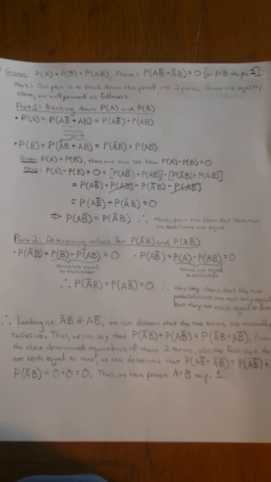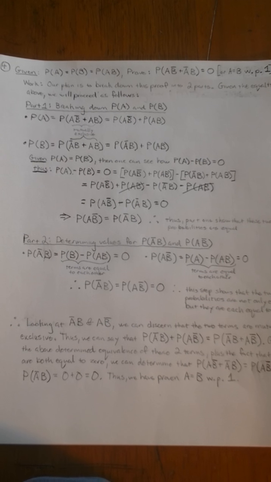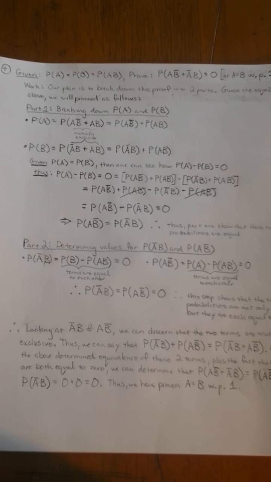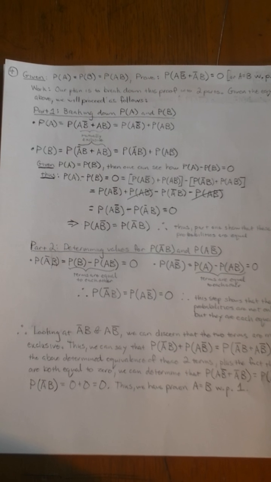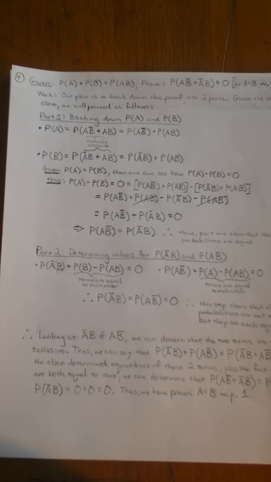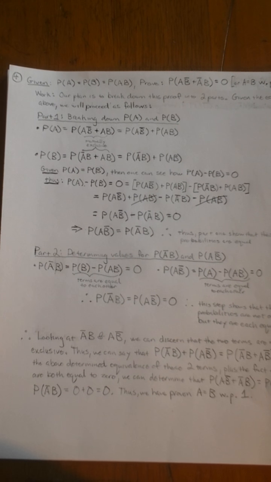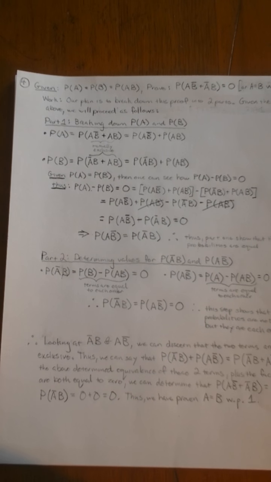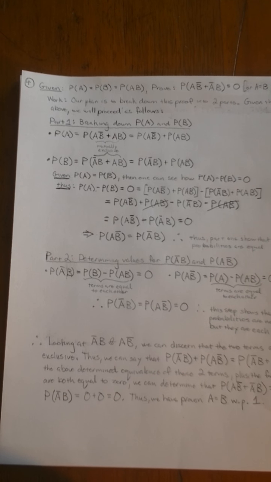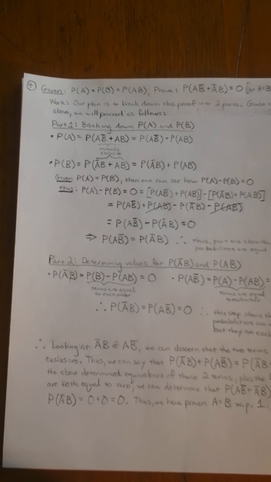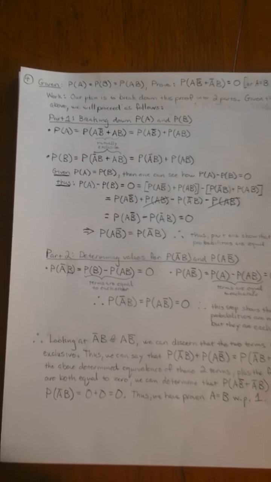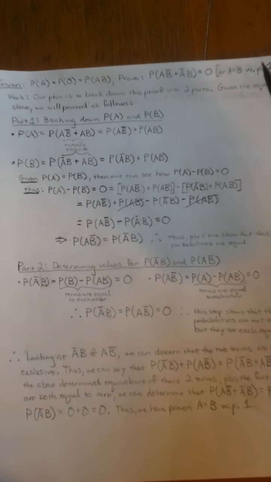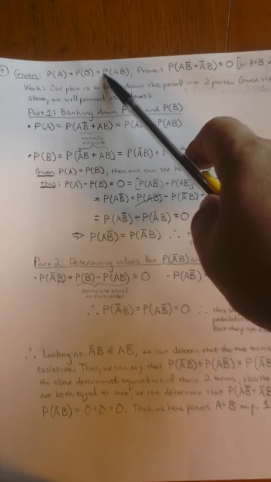Alright, now we're going to do problem number 4 of homework number 1. Specifically, problem number 4 reads: prove or disprove that if the probability of A is equal to the probability of B, which is also equal to the probability of the intersection of A and B, then A will equal B with probability of 1. We indicate as such up here that basically this is our given condition,